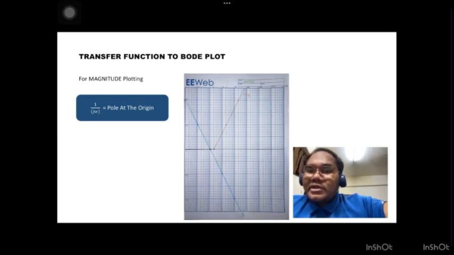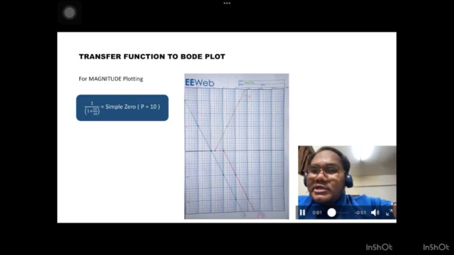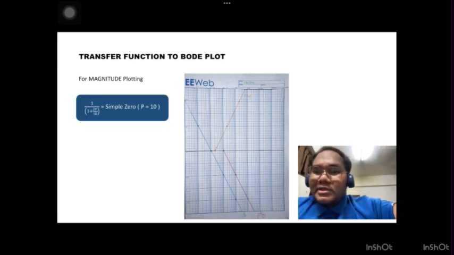And from there we can make a straight line to show us the plotting. And as for the next equation, 1 over 1 plus j omega over 10, the gain is 10, but because it is under the fraction, the line that will be produced is decreasing. So from 0 to 10 it is constant. Then from 10,